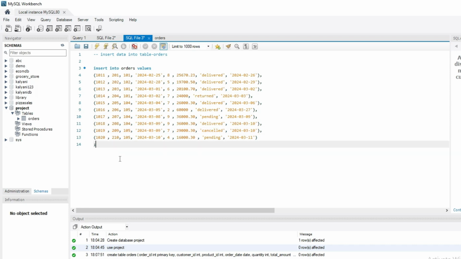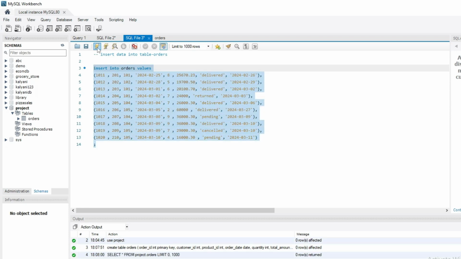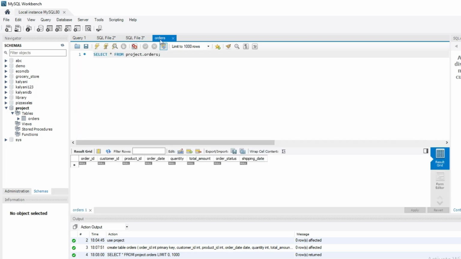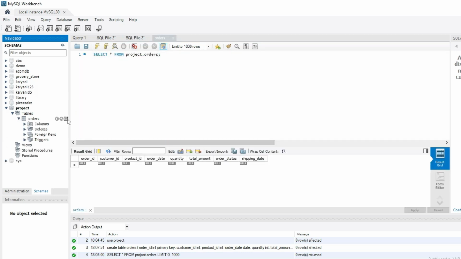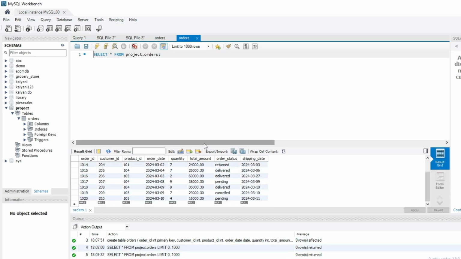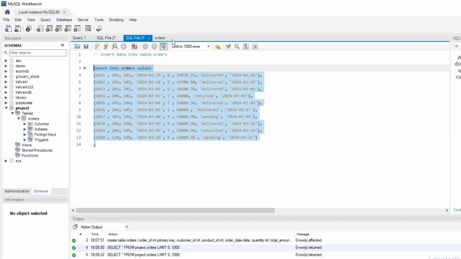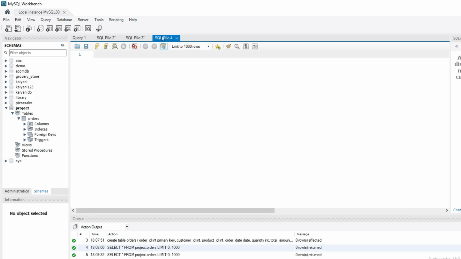Okay, now this will definitely work. So let's run it, and we can see our orders table is being created, and we can see all the data has been filled here. Okay, so let's close them now. Our next step will be to